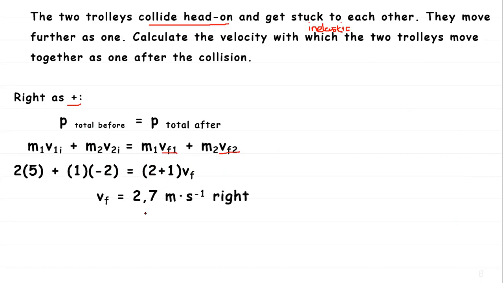Then you perform your calculations, you will see that it will give you a velocity of 2.7 meters per second. And it is a positive value. In other words, the direction must be to the right. So we will get 1 mark there,